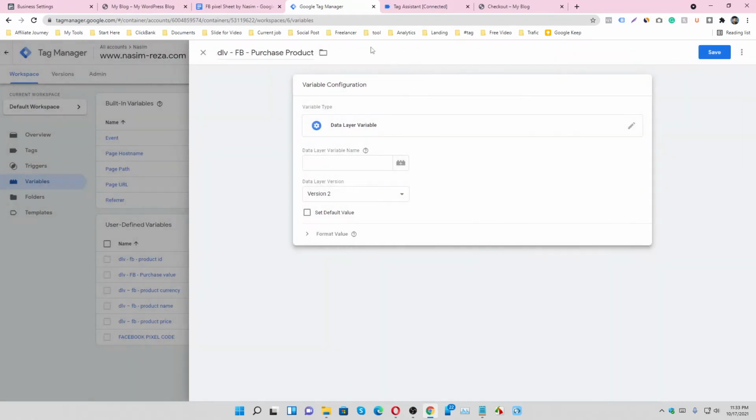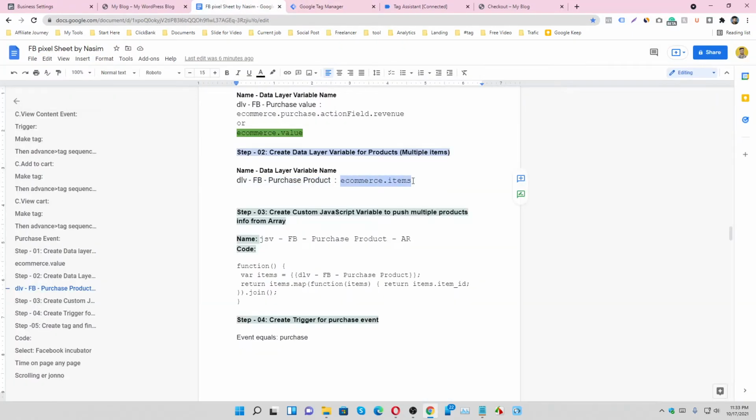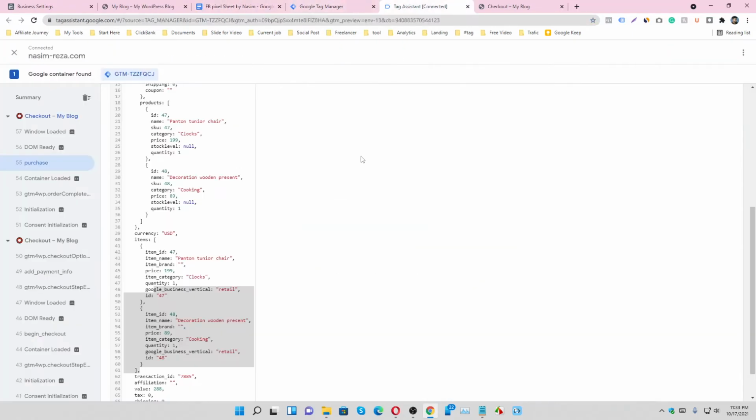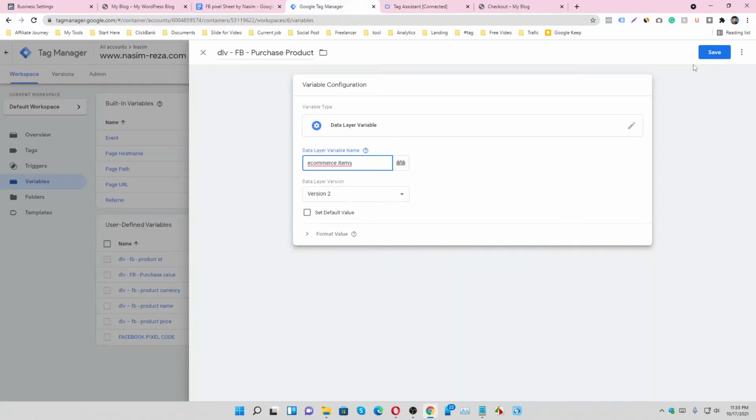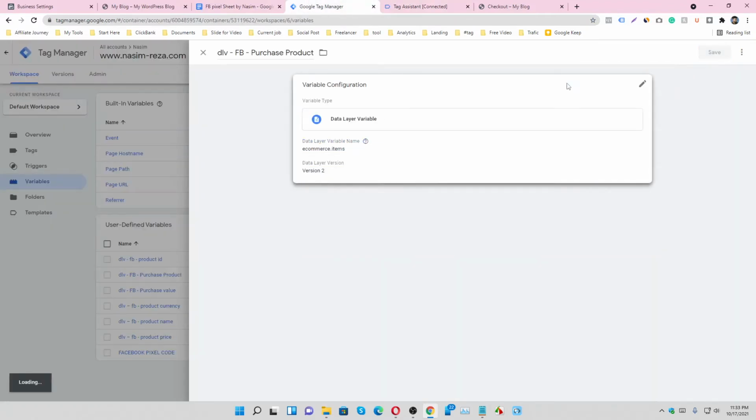So this is data layer variable, and copy this code and paste it here and save it.